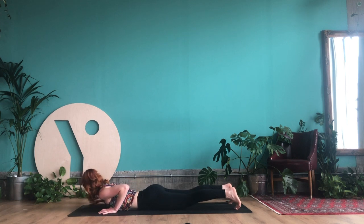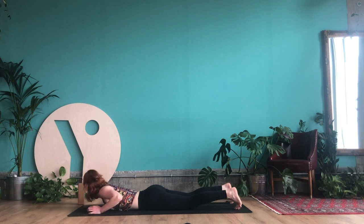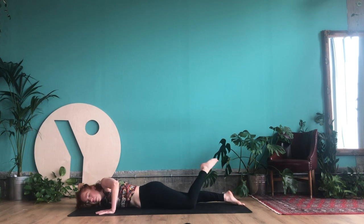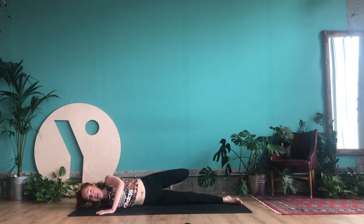From here, take your right hand towards the right hand side of your mat, let it go beyond. You're going to keep your right hand in line with your right shoulder. Take your left hand underneath your left shoulder, then peel yourself away from the ground, turning yourself onto the right